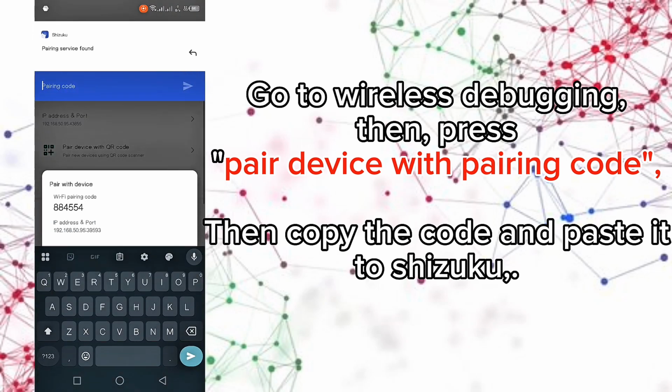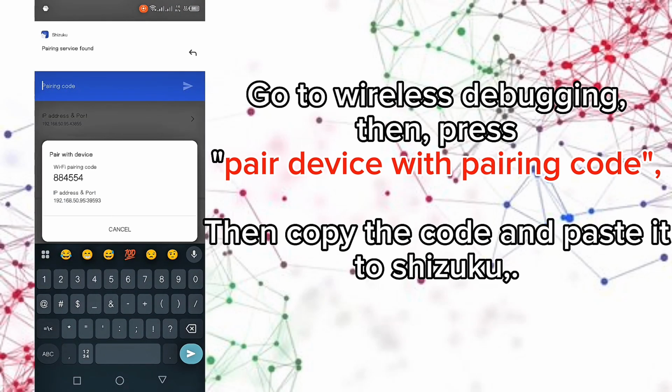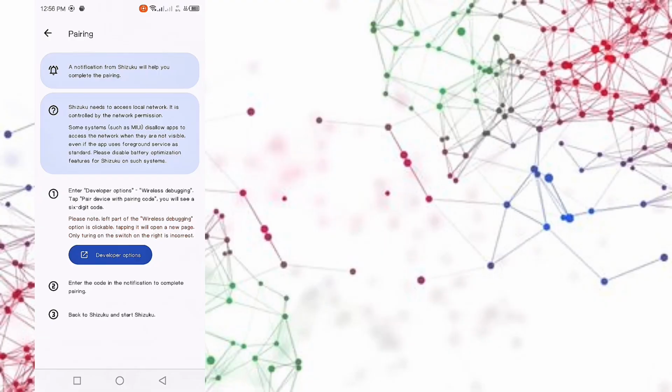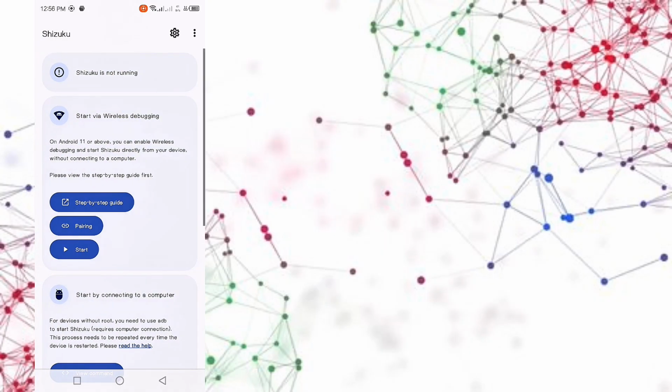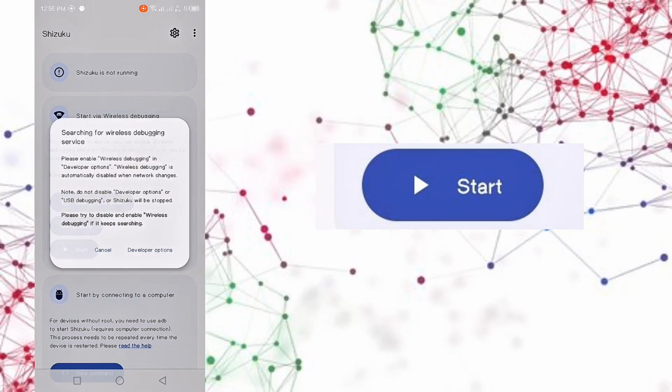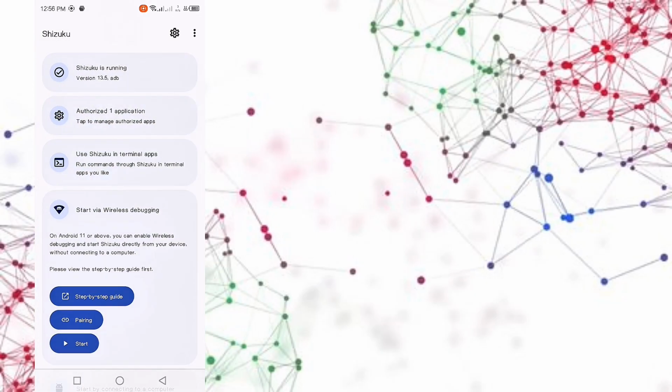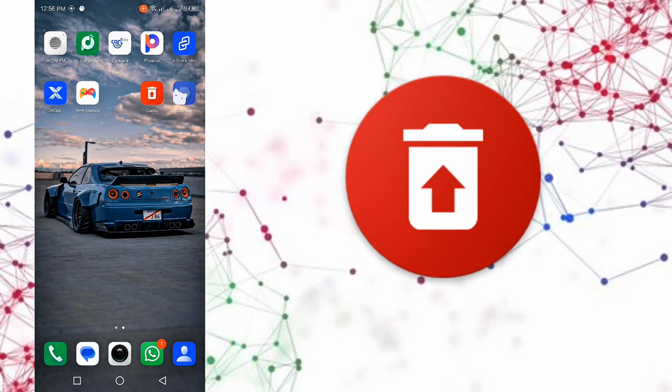Then you'll have to paste the code to Shizuku, as its notification will also pop up on top of your screen, and after pasting it, you'll send the pasted code. Then, Shizuku will notify you that pairing is successful if you pasted correctly the code you copied. Then press the back arrow till you reach Shizuku's home screen and tap on Start for Shizuku to start running, and once done, go to your home screen and open the Canta app to begin deleting the system apps